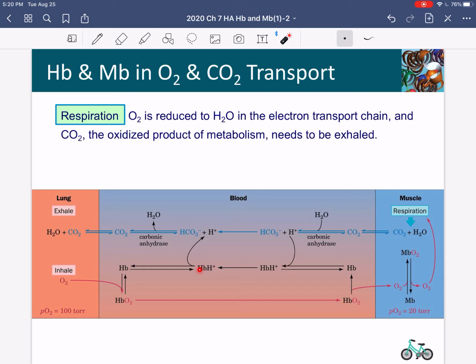That's what helps to release oxygen from the hemoglobin in the tissues. And then as you approach the lung, that proton is required to release the carbon dioxide and produce a water molecule so that you can exhale that carbon dioxide product of metabolism in the lungs. Okay, so enjoy learning how to interpret this transport cycle. Hank Green is happy to help you. He calls it the vein train in that video on Crash Course.